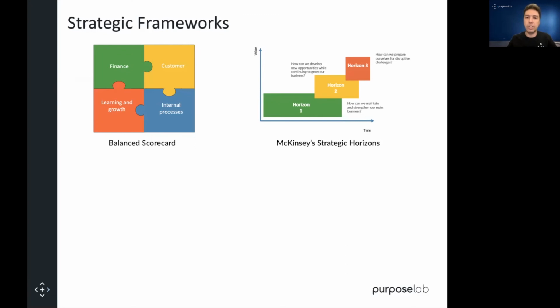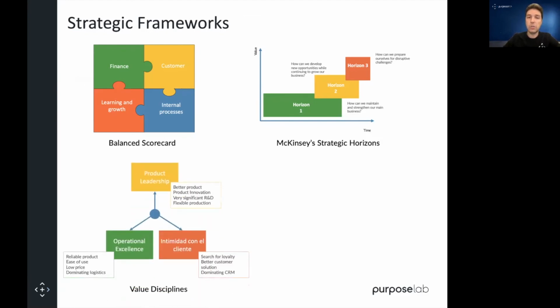That would be your horizon number 2, or those steps in between. How can you prepare yourselves to take a leap between horizon number 1 and horizon number 3? So you start thinking already that the way that you organize your ideas and the type of projects that you would be thinking about are a little bit different depending on whether you decide to focus on, let's say, something in the finance department or the customer facing department. Then you start thinking about what would happen in the near future, what would happen in the far future, what is happening now, and how can we make sure that that keeps on maturing, or that we are ready for whatever's around the corner. Right.